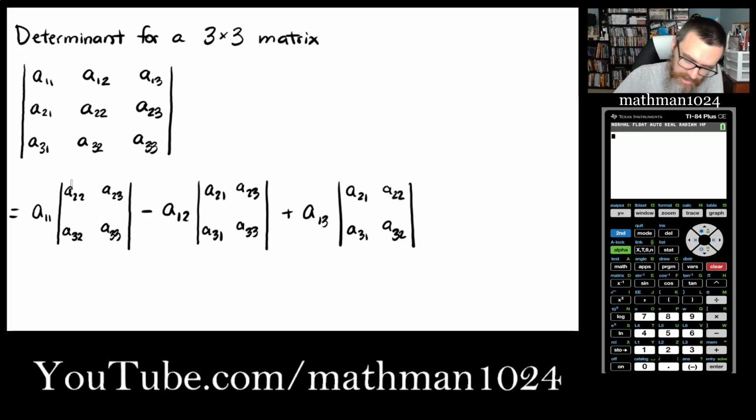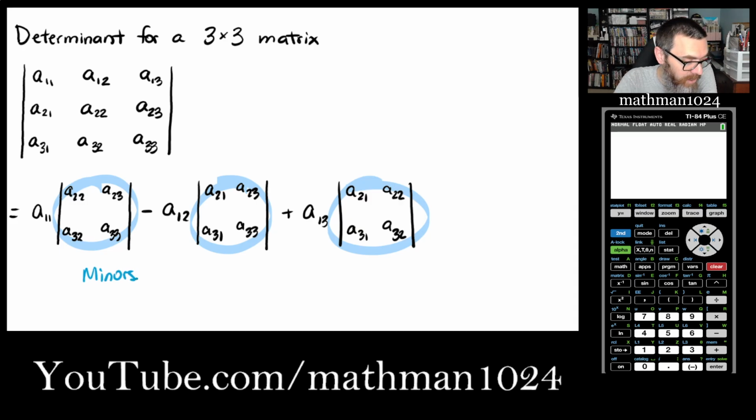Now, these little 2 by 2s are called minors. So these are minors of the larger matrix. Okay, so we have a certain way of referring to them. This one right here would be minor 1, 1, because it's the 2 by 2 matrix that's formed from using entry A11. And of course, this guy would be minor 1, 2,